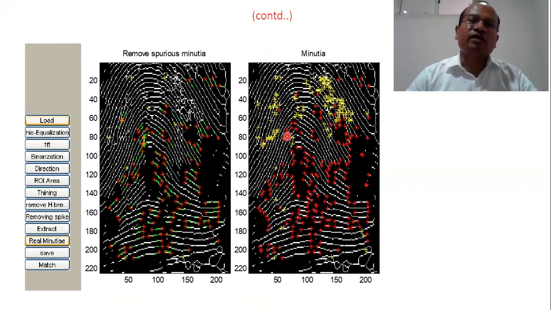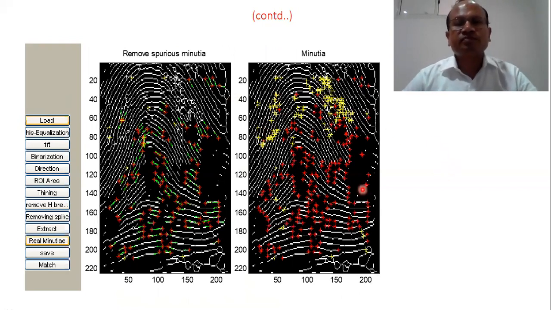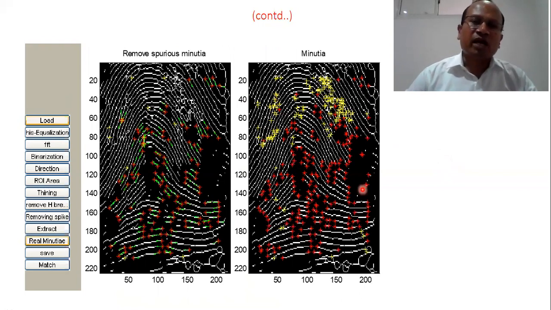All these red color and green color patterns are called the correct minutiae. The correct minutiae are used; you see here one flow. We load the fingerprint, then apply histogram equalization, then it goes to FFT, binarization, direction, ROI selection.